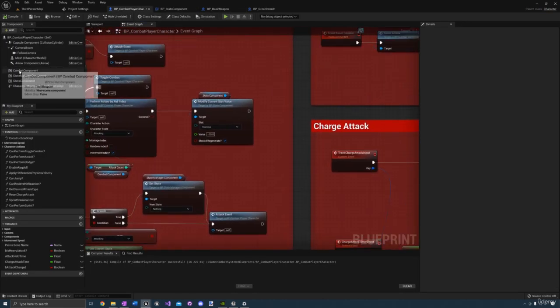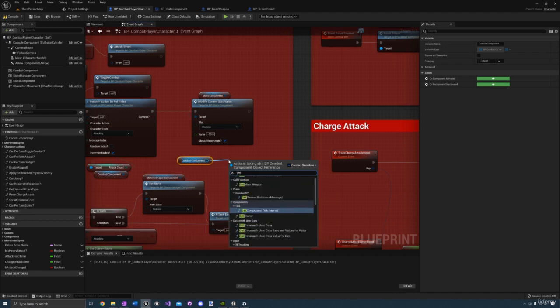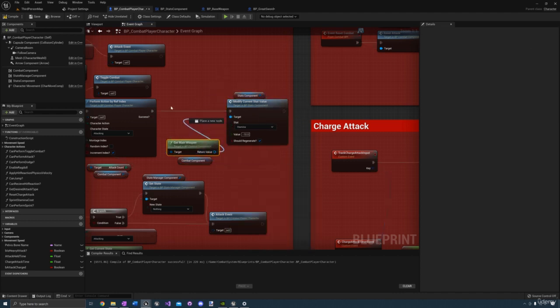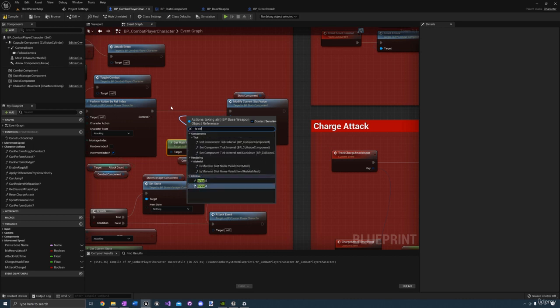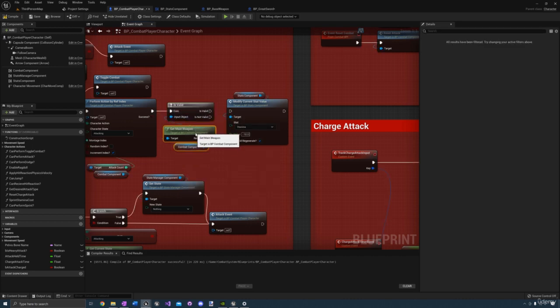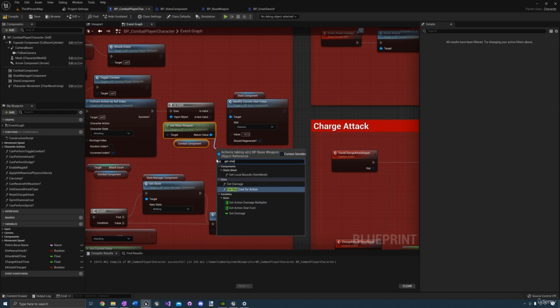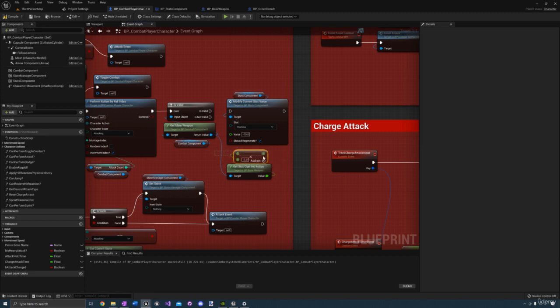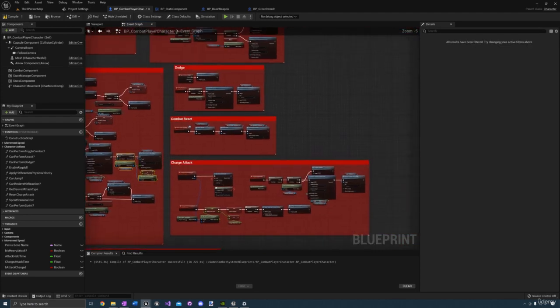Let's go ahead and get the combat component. Let's get main weapon. And here we can make sure that the main weapon is valid. If it is valid, get stat cost for action. Let's go ahead and multiply that by -1. So that way the value will become a negative and it will subtract from the stamina. Okay, now plug that in, and we can go ahead and call the same thing from